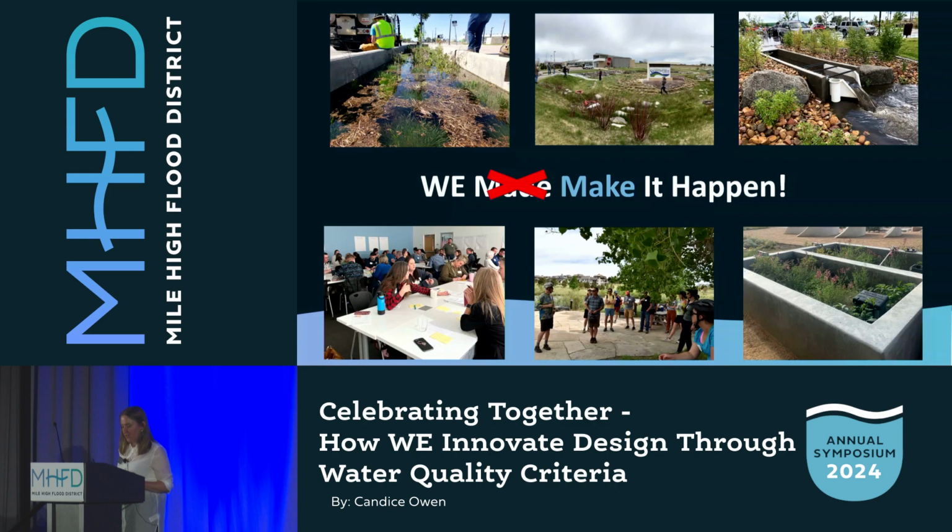I pitched this as a celebration of the criteria and more of a retrospective, but the work we're all doing continues, right? It doesn't stop because a criteria chapter comes out. Research is ongoing at the new CSU Spur campus. There's a CASPM water quality field trip in a couple of weeks on DU's campus, and a number of local governments are updating drainage manuals. Also later this year, MHFD is going to be doing an update on other water quality chapters in Volume 3, including the SCM maintenance chapter.